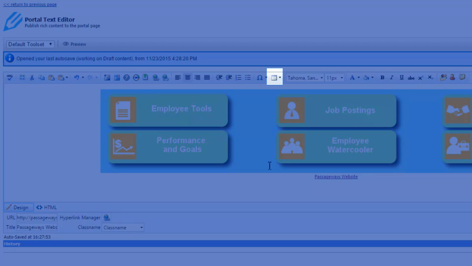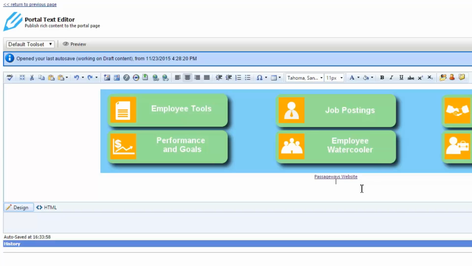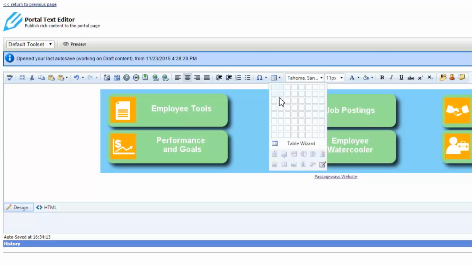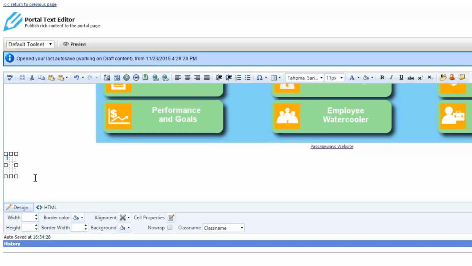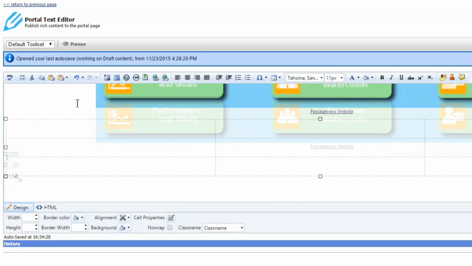The Insert Table button is really useful for organizing content on the page. We can create a new table by using the button and giving it a general shape. So if we want 3 columns and 3 rows, we can select this. Or for instance, if we want 2 rows and 5 columns, we can do this. Here's our new table, and placing content inside each one of these cells will keep things organized within the